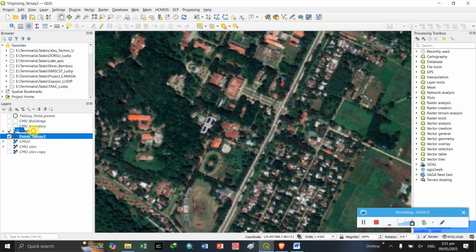Then on your layers panel there should be a new file containing the points underscore your last name.